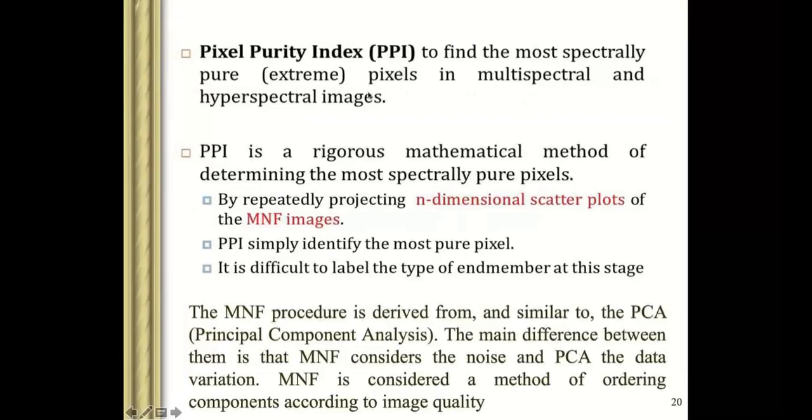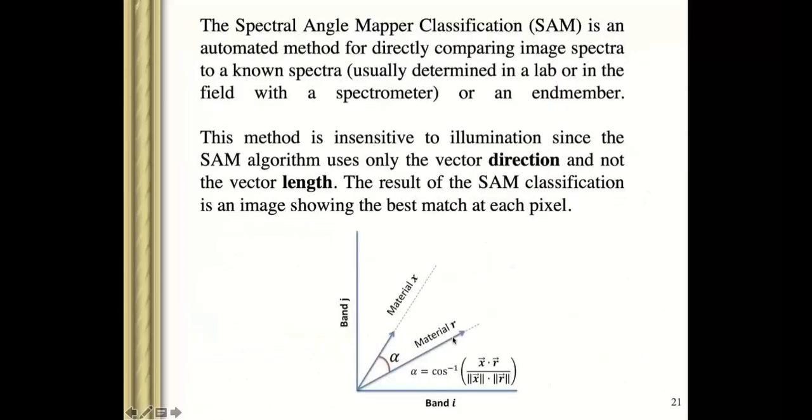Similarly, pixel purity index, as I already told, gives the purest pixels in your multispectral dataset. Generally we do an n-dimensional scatter plot. We have to have these MNF images, the minimum noise fraction images, and after reducing the noise, we get this pixel purity index, meaning pure pixels, and these pure pixels we use for end members. After end member analysis, we can go for the classification. MNF, as already told, is similar to PCA, and it is used to remove the bad bands from your satellite images. And the spectral angle mapper is simply used to match your reflectance curve.